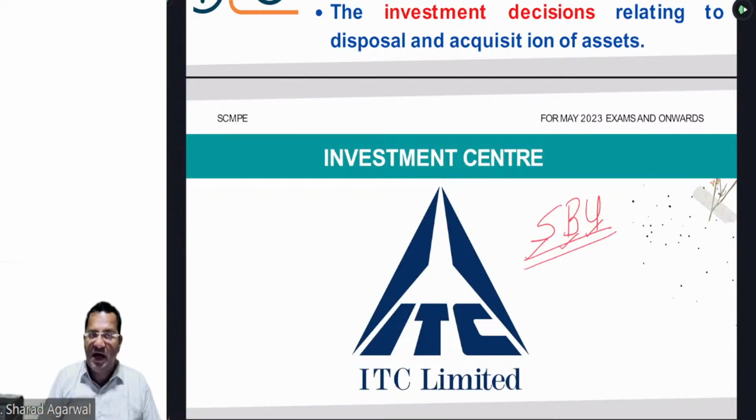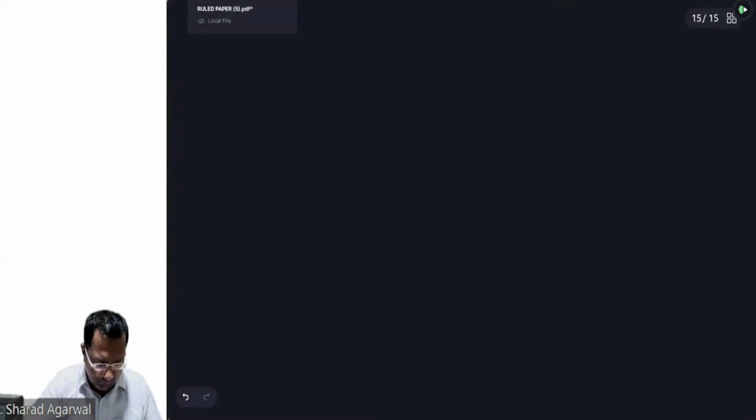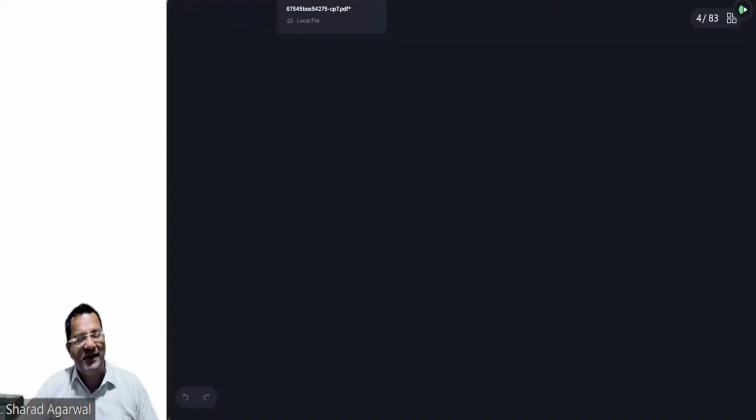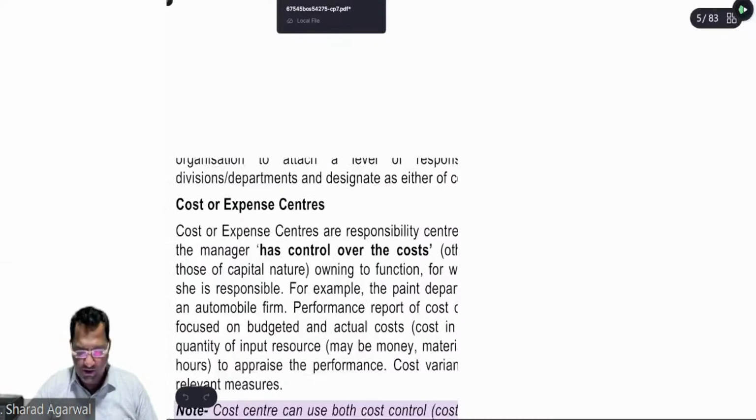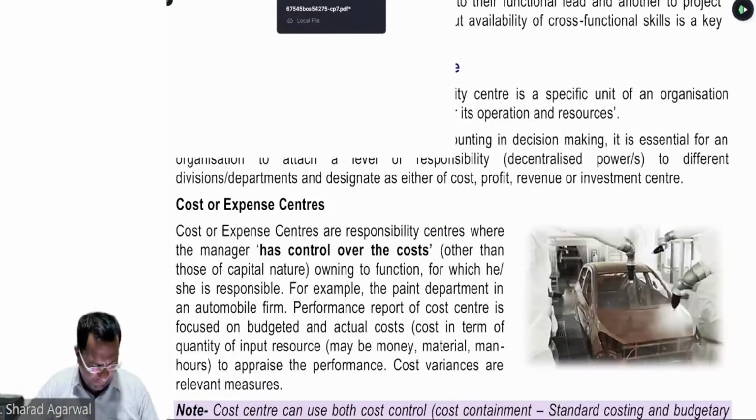तो एक एग्जांपल भी दिया है बेटा आईटीसी का. They are having more than 13 businesses and they are having 11 departments, but out of 11 departments only 4 departments are regarded as strategic business unit, which are very much crucial for the survival of the organization and to promote the growth of the group, है ना? तो अब एक काम कीजिए बेटा, एक बार आप ये रीड आउट कीजिए from the study material regarding this point. Let's have a reading of this point and then we will move to a practical question, a very simple question regarding the profit center and the cost center.